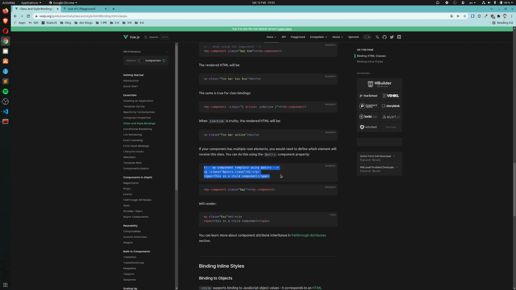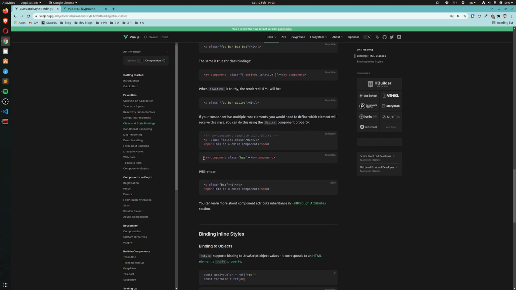So this is my component, and inside the component, instead of having one single root, we have two roots. These two elements, each of them is a root. Whatever they are, doesn't matter too much. And then when we use the component, if we add a class bus to this component, bus or whatever, and the component has two or more roots, how should it know which root to add this class to? For this, we need to explicitly tell the component where to add them using this syntax,